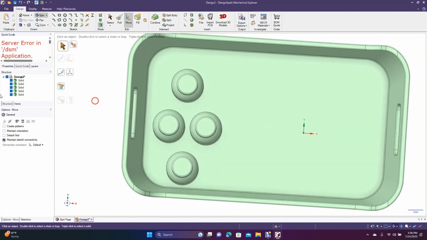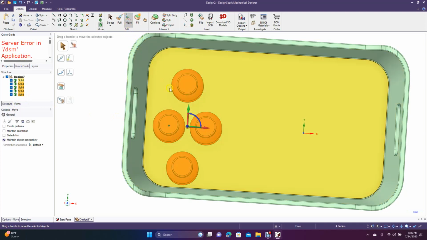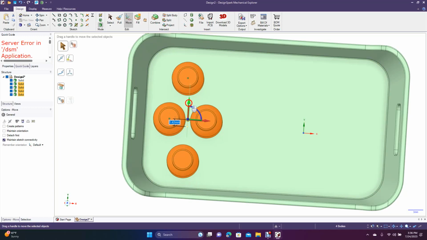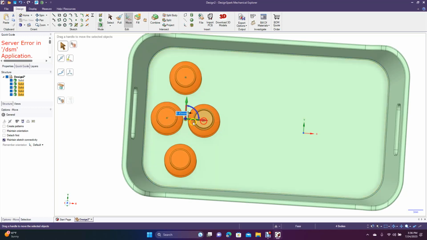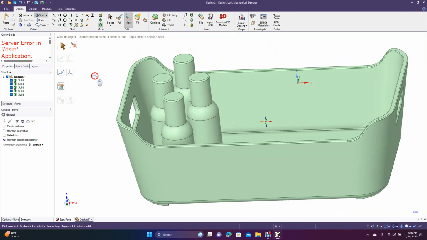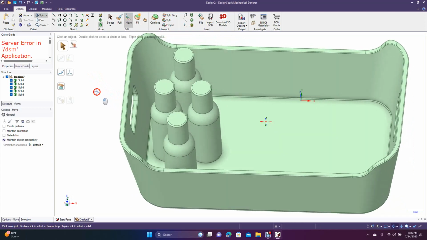Okay, I could probably center them a little better. So let's grab all of these, hold down the Shift key, and we'll go to move. Grab that green, and we'll move them up a little bit, and then move them closer over to the left. Okay, that's good. And this is just one of these containers you have up on maybe your toilet that has